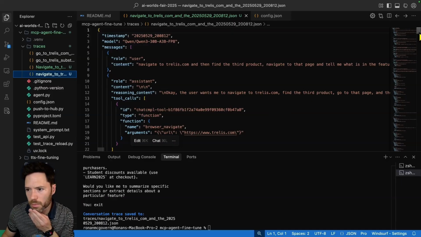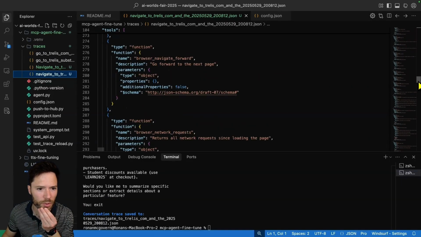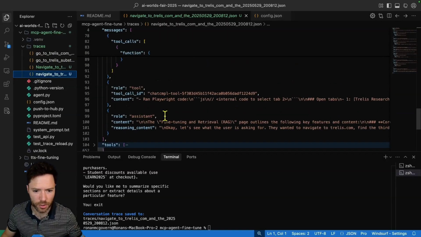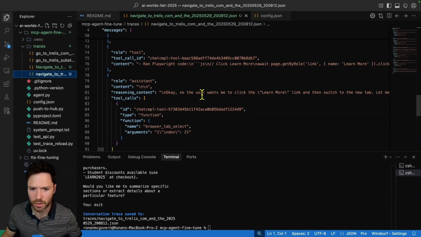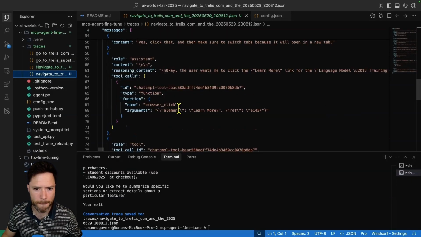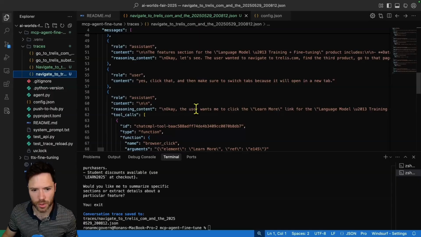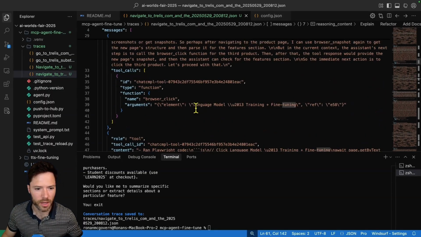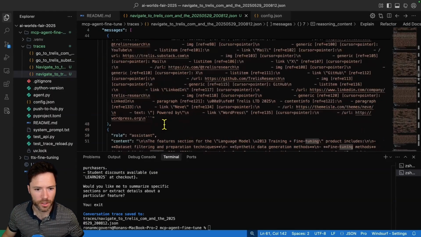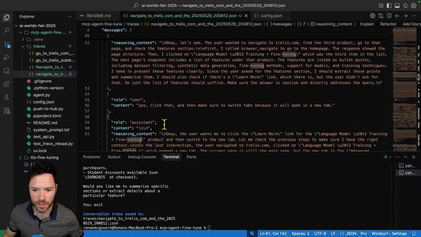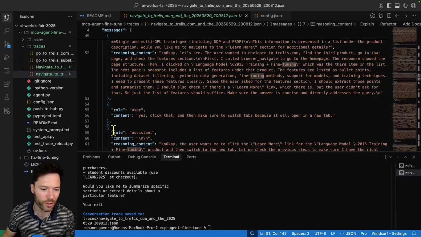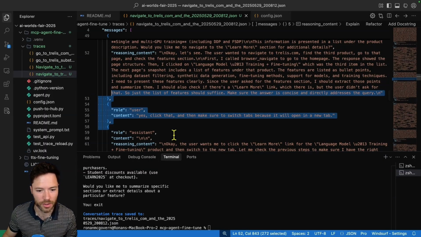Let's see if I want to make some adjustments here. So we have the tools that are saved, and I'm not going to change those. But right here, when I say make sure to switch tabs, let's just expand that thinking. I'm trying to find the section where I said, yeah, click that. And okay, so one thing you could do is literally delete that user turn and combine